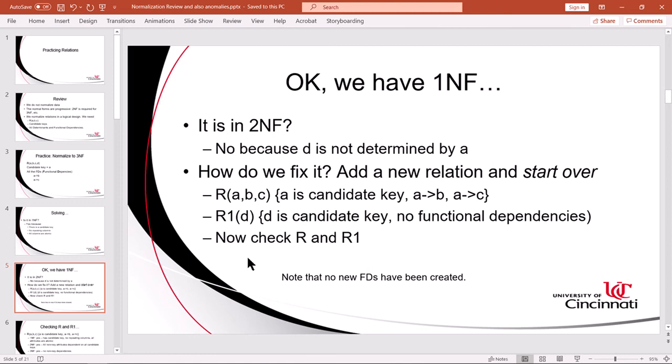Since we have 1NF, we can now consider the possibility that this relation might be in 2NF. And immediately we realize it is not in 2NF because we have an attribute D that is not determined by the candidate key A. And the way you fix that is to decompose that relation into two relations. If it helps, you can think of the process of normalization as attributes becoming relations or attributes being broken out of a relation into a new relation. In this case, our new relation is